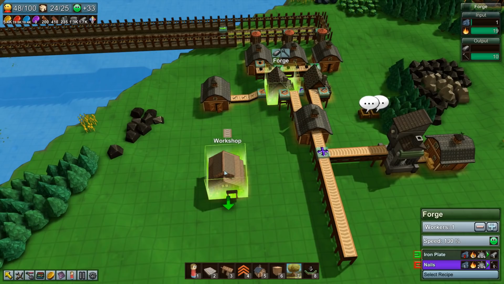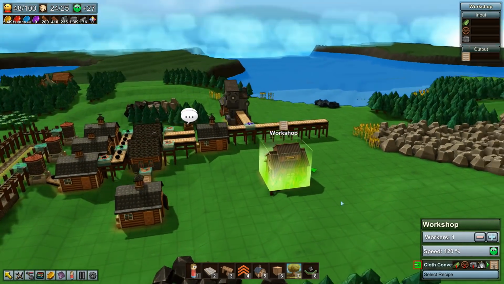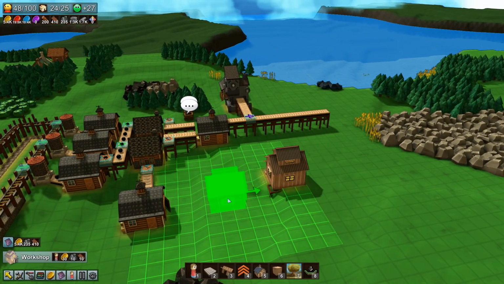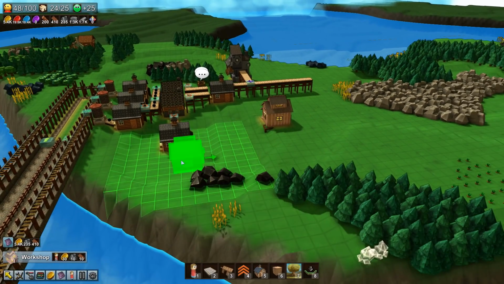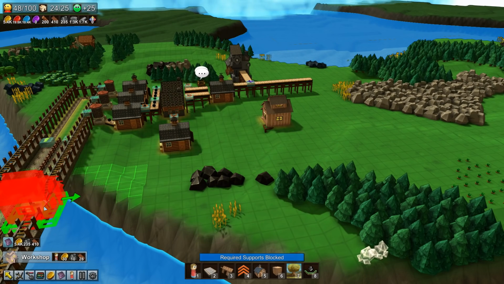We want to build cloth conveyor belts. So we want to build metal conveyor belts. So this workshop does not need access to the metal line. But it does need to be in a better location than this. We'll put it here, because the nails can go this way. The nails is going to be leather, make shoes, and then the shoes are going to go back down to the...